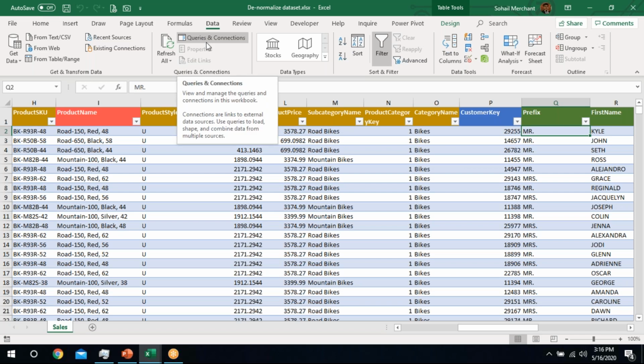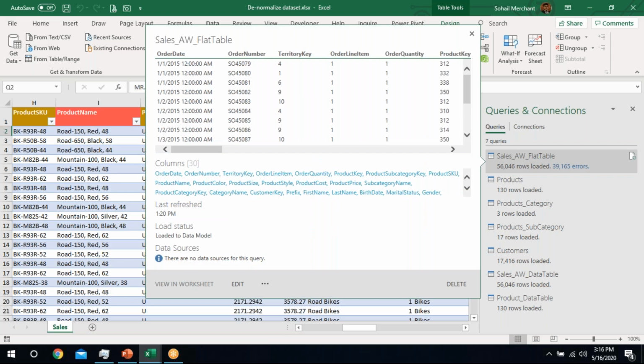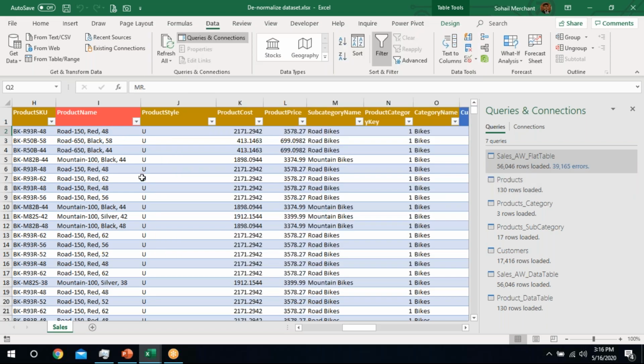I've already worked on this data to show you a demonstration, the steps of how we normalize data from denormalized data, right? So when I call this data in Power Query, Power Query pops up a message of errors. It tells that there are 39,165 errors found in your records. Okay, no problem. Since it's Excel data, there is a chance of errors. So let's open this table in Power Query.